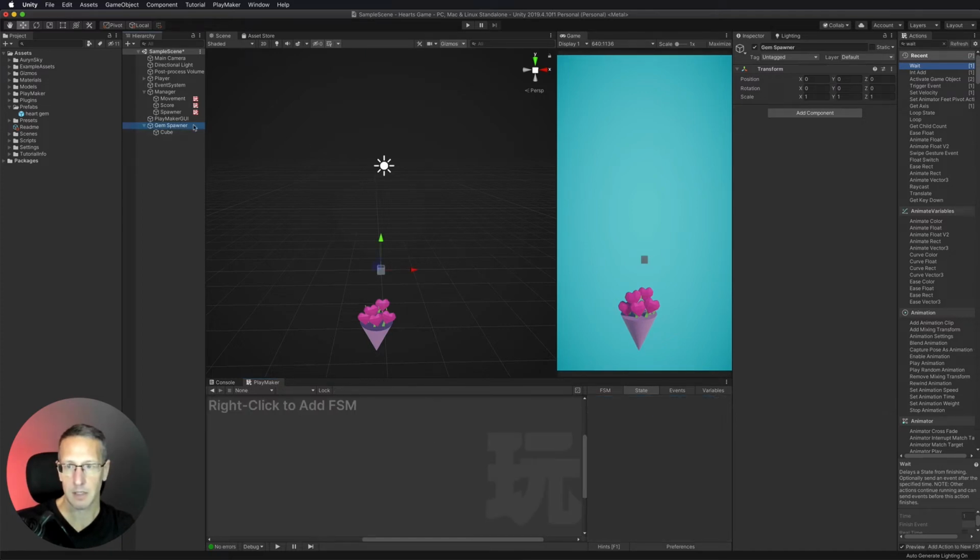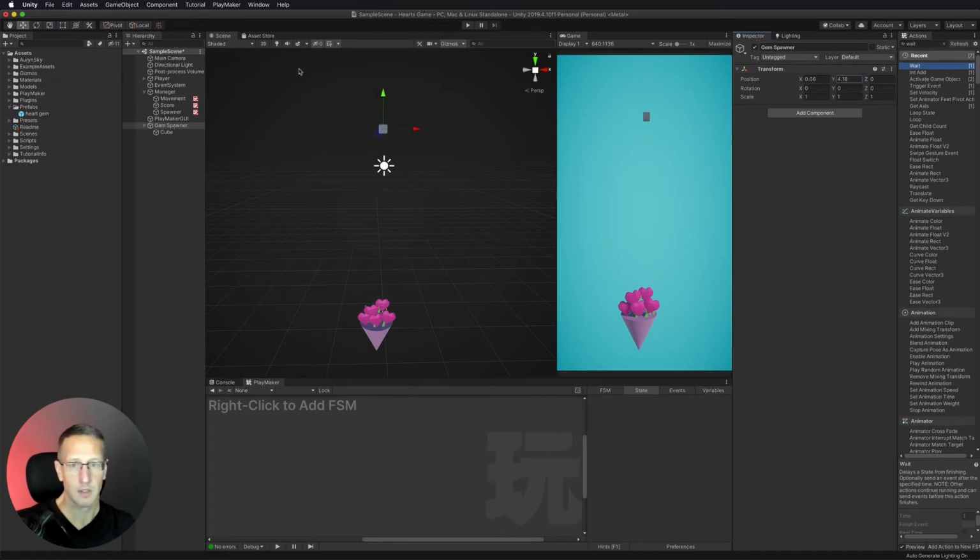So what I want to do is take my gem spawner up here. First we need to move it up the screen. So let's say a position of 6 is at the top, and then an X position of negative 2.5 and a positive of 2.5 as well. And then how far down do we want to go? So let's just say 5. So positive 5 to positive 6 and negative 2.5 to 2.5 on the X.